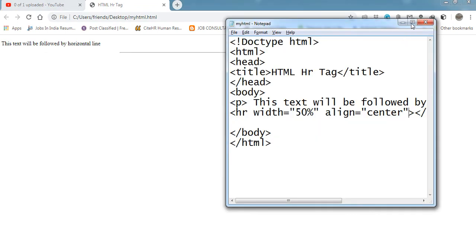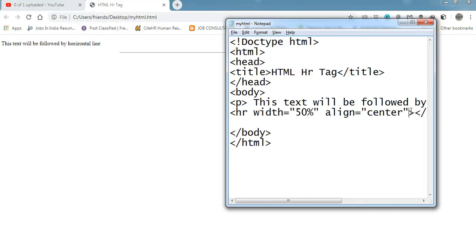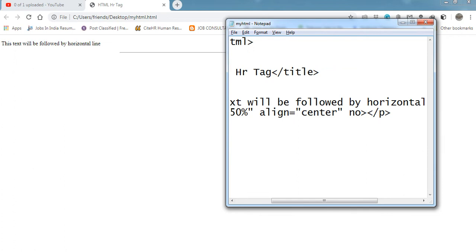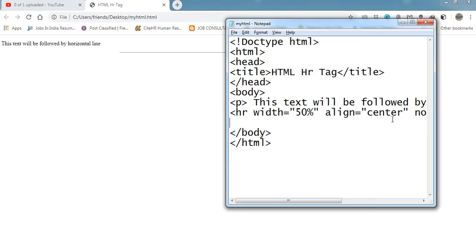We will do one thing now. The next attribute we will discuss is noshade. I have saved this file, and now you can see that the shade has been removed.